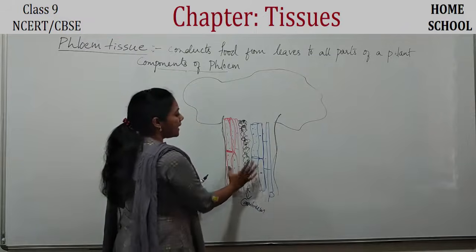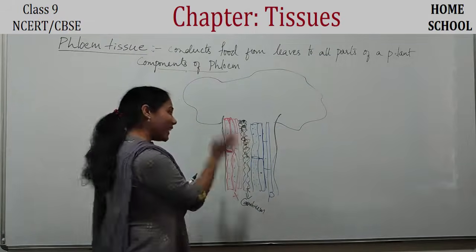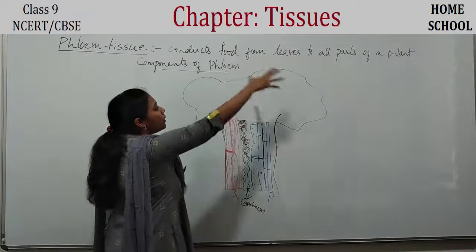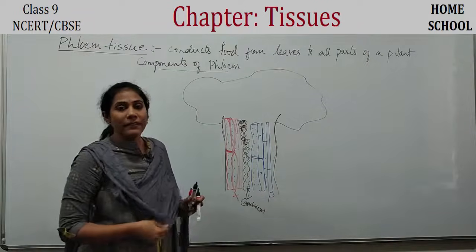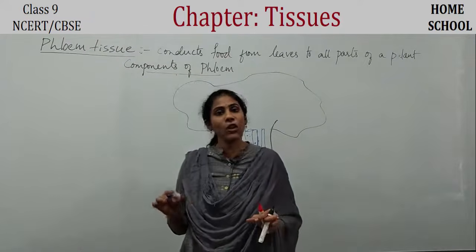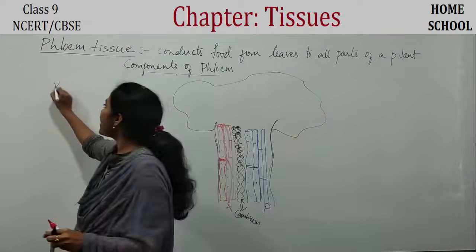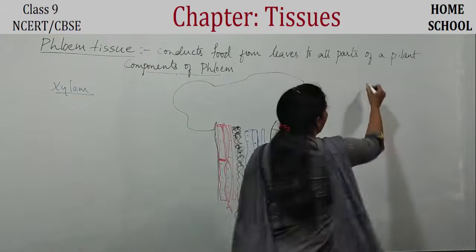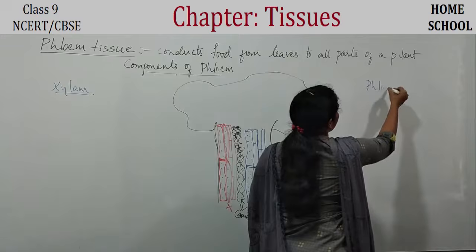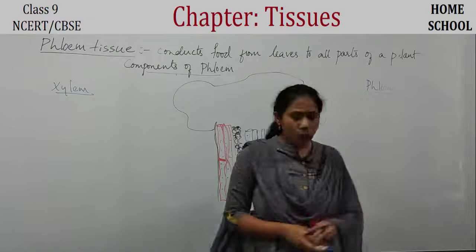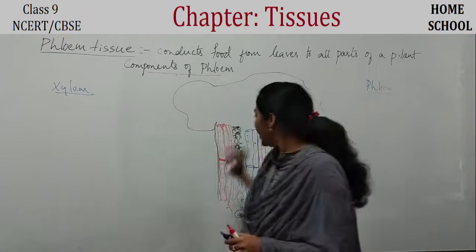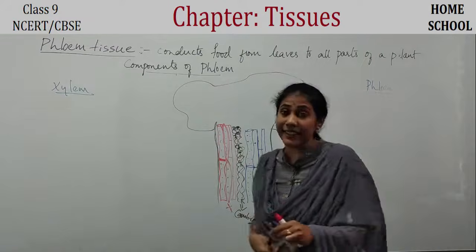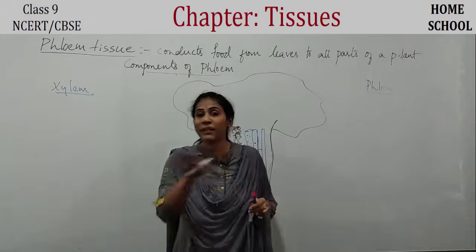See, this is how xylem and phloem are present together in a plant, and they run from bottom to almost all parts of a plant. Okay, guys, can you tell me what are the differences between xylem and phloem? Imagine I'm writing points of xylem here and points of phloem here. Now we have learnt entire things about xylem and phloem, but what are the differences you found between them?